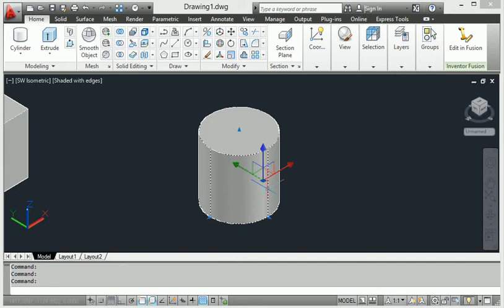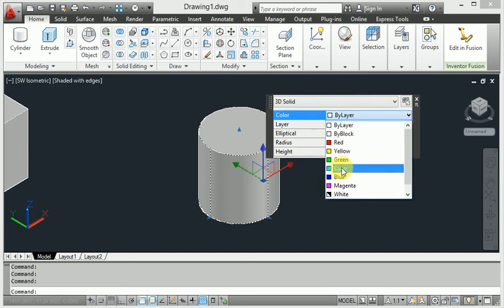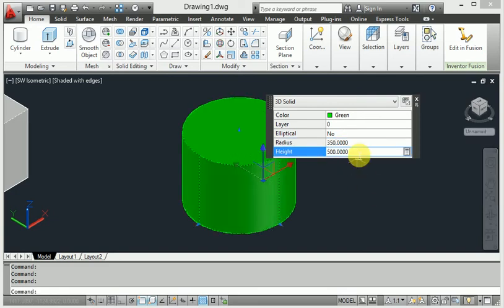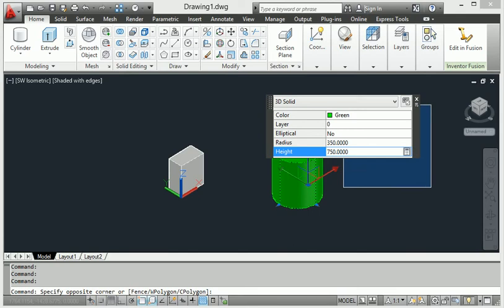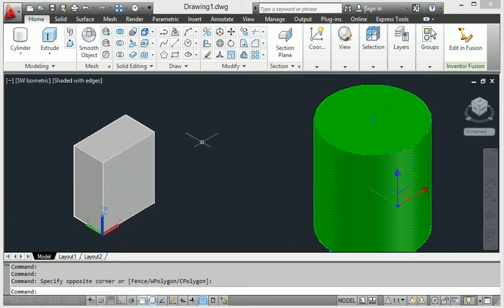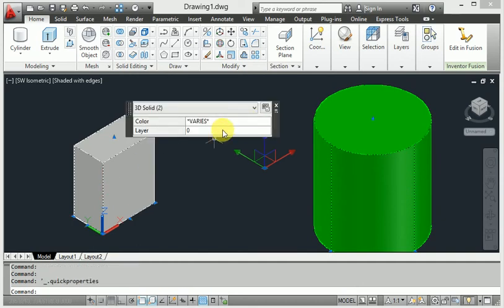When I click this particular line, I can change the color of the rectangle. When I change the color to green, I can also change the distance to 350, and again show you the distance is 700, 750. So it's an easy way to change the modeling color.